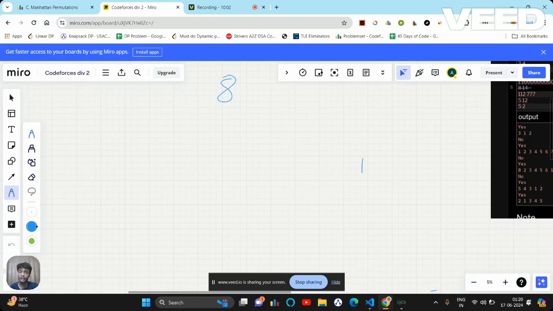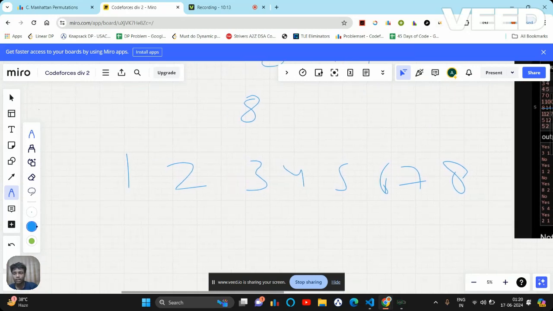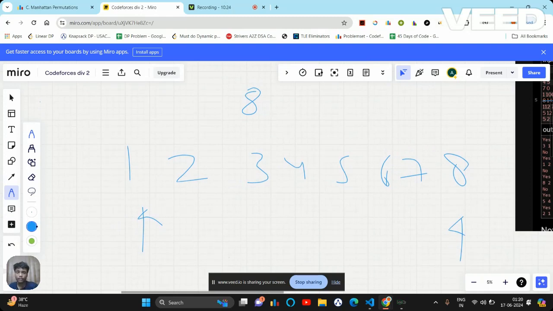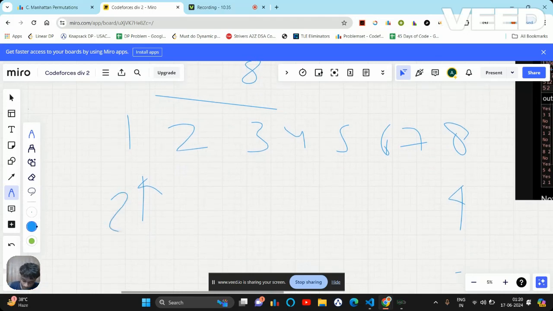Now, how am I going to arrange the permutation? The question is this. To find this, what I can do is handle two pointers. First of all, let's say my first pointer will point to the first index, first element, and the last will be at the last index. First, I try to find the difference between them. 1 minus 8 comes out to be what? 7, isn't it? Now two times of it. Why am I taking two times of it? Suppose I swap values and I place 8 in place of 1 and 1 in place of 8.